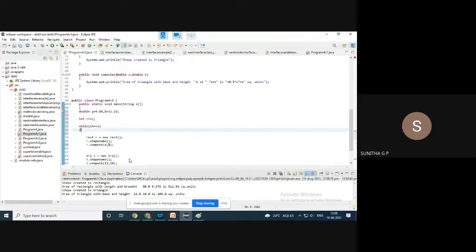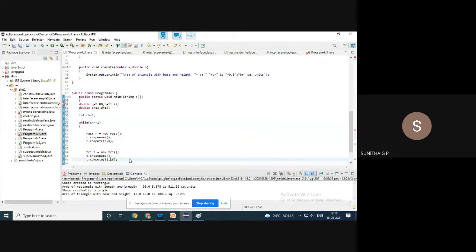Take CD also, otherwise both rectangle and this will get the same thing. But the choice value we have to change.